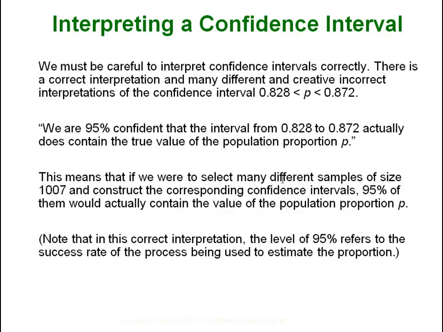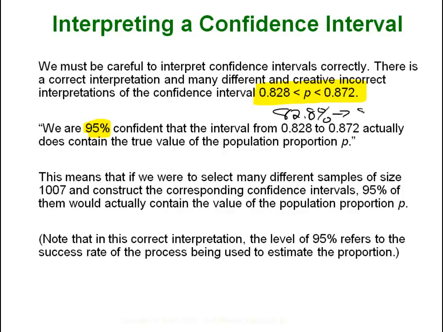Now, interpreting a confidence interval is very important because a lot of people get this wrong. There's a right way and a wrong way. Let's say for our previous Twitter example, when we built our confidence interval, we got 0.828 and 0.872 as our interval. So we were able to go plus and minus and build that interval. The right way to interpret this is, because this was based on an alpha of 5%, we're 95% confident that the interval from 0.828 to 0.872,